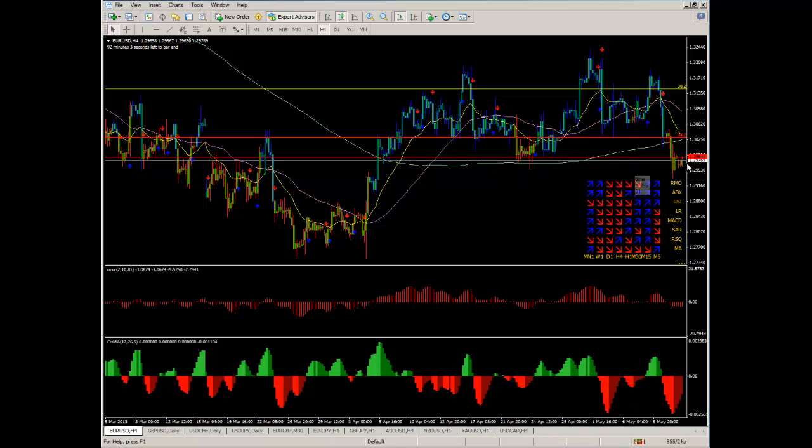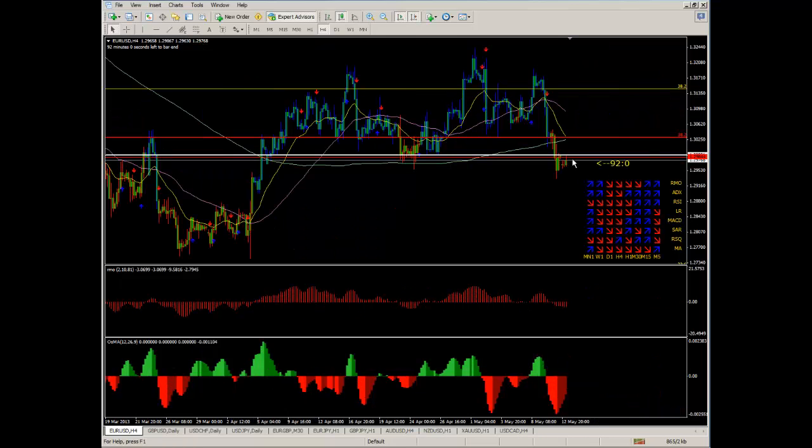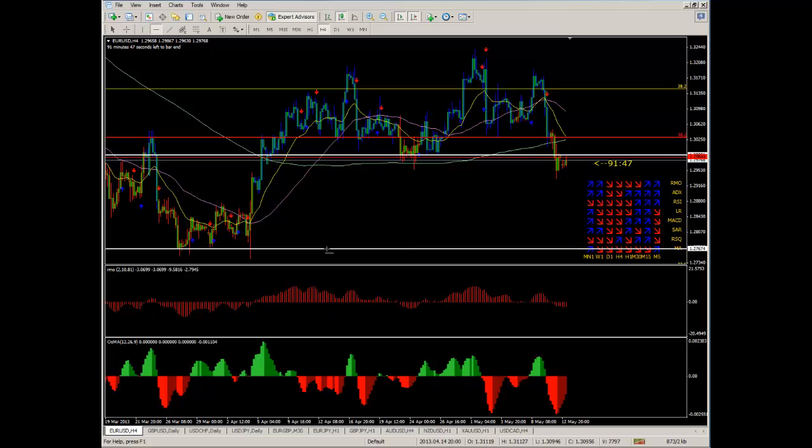So what we want to see now is actual resistance to be forged below this consolidative range. So along this area over here, intraday, we want to see price now finding resistance. Building on the resistance, a very nice bearish engulfing candle would suffice to look for an entry signal. And if we do get that, then ultimately our next target would be these lows we saw here recently,